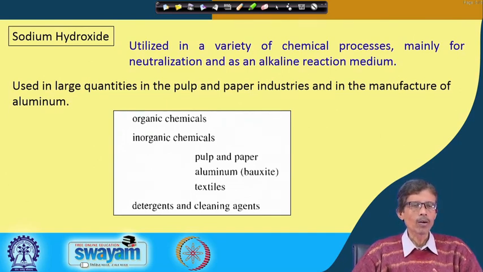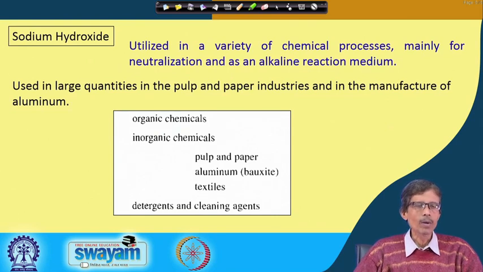This sodium hydroxide is also utilized for making a large number of organic chemicals, because for reactions in alkaline medium at a very high pH value, you require sodium hydroxide as the most favored and cheapest medium compared to other hydroxide media like potassium hydroxide or organic bases like tetraethyl ammonium hydroxide or tetramethyl ammonium hydroxide. It is the cheapest alkaline medium which can be provided for the reactions.